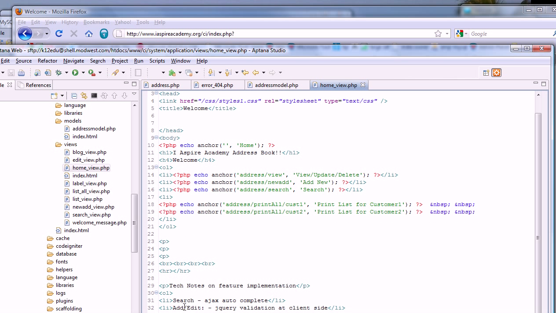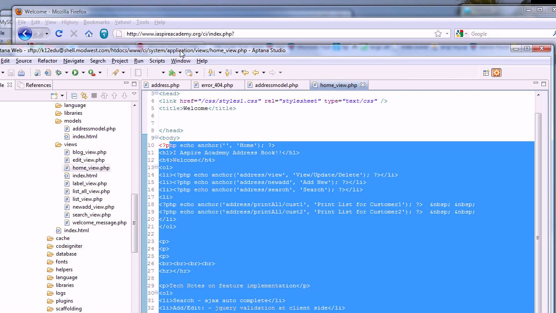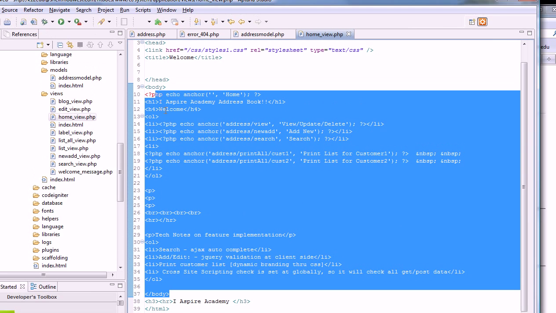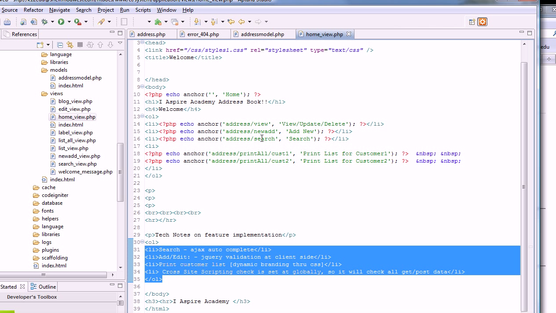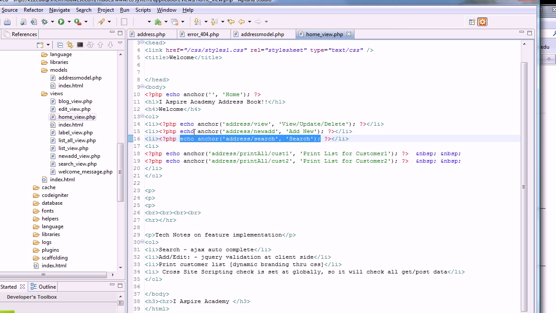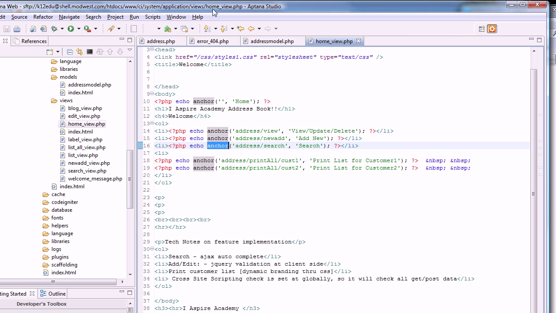So the home view has this text. It has view, update, delete, and then you have this. There is hardly any PHP code other than a few echo anchor calls. The echo anchor, as you probably know, in CodeIgniter builds the URL. Again, this is not a tutorial about CodeIgniter, so you should study CodeIgniter before you come to this. But it's just one line, the echo anchor function within CodeIgniter, which allows you to build the